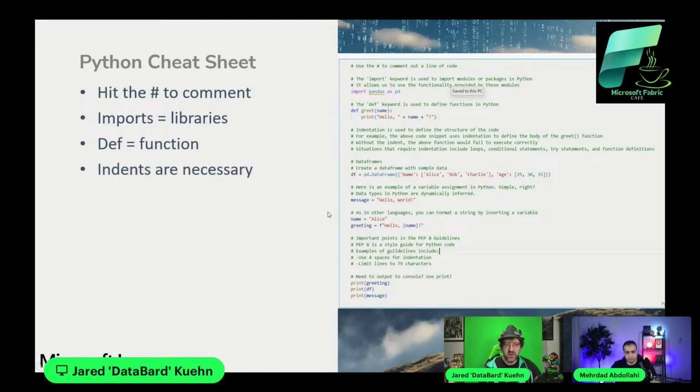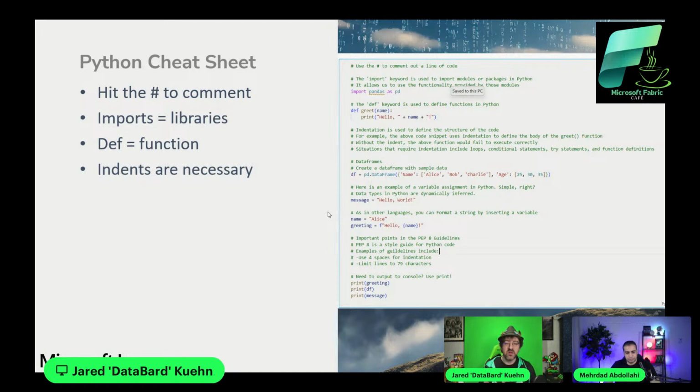Now, one keyword that you'll notice here from the way I have this formatted, indents, it's not just a suggestion in Python, it is necessary. So if you're liking all of your code in just a single line and you don't like indenting anything, sorry, Python isn't going to let you do that. Neither is PySpark. Expect that for situations like defining functions like I show here.